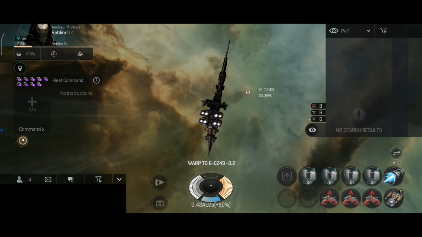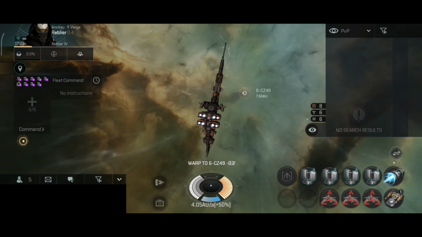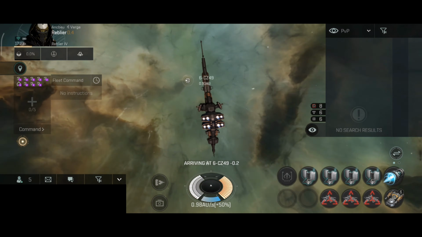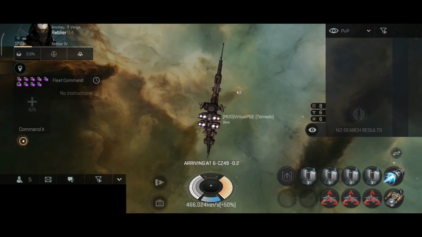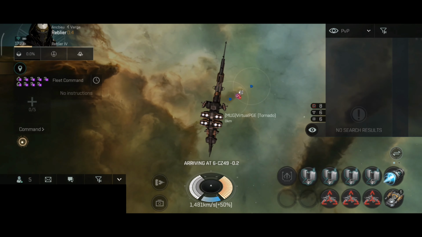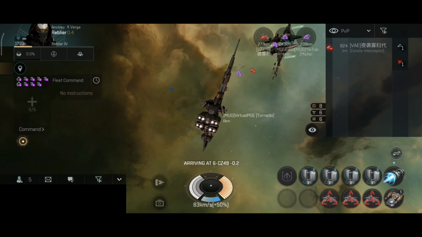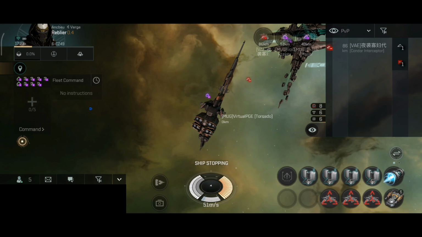Now, you might be wondering, why are you flying a Tornado? This is supposed to be a CHONK fleet video, right? Well, the Tornado has a part in the CHONK fleet. It's practically a sniper, heavy support ship. That's how I imagine it. And well, I'm warping to a gate. I would guess most of you already knew what's about to happen, so...